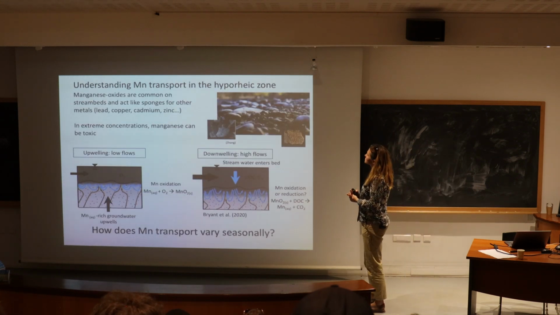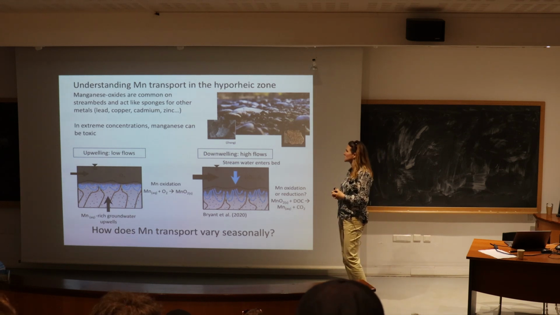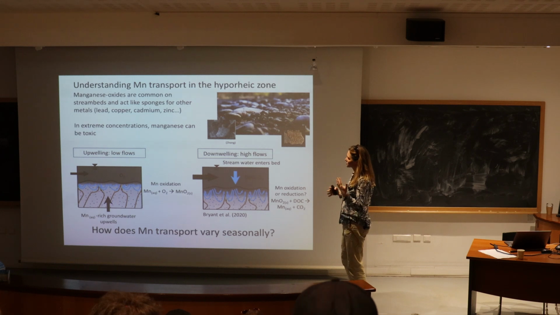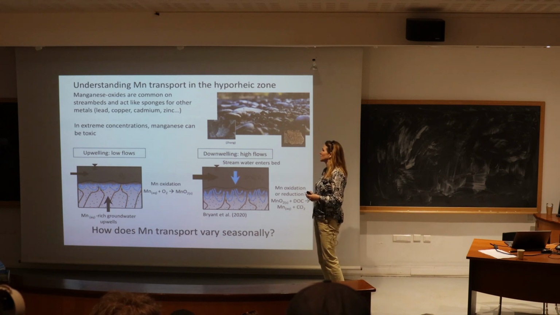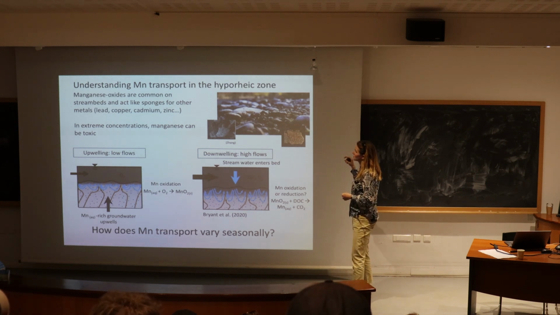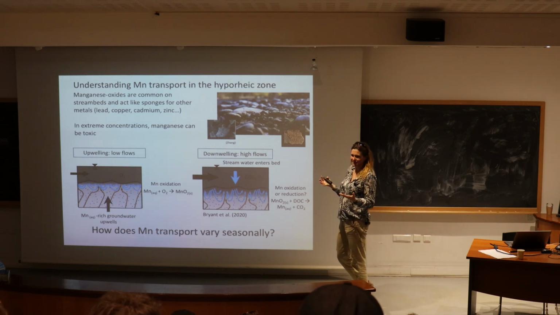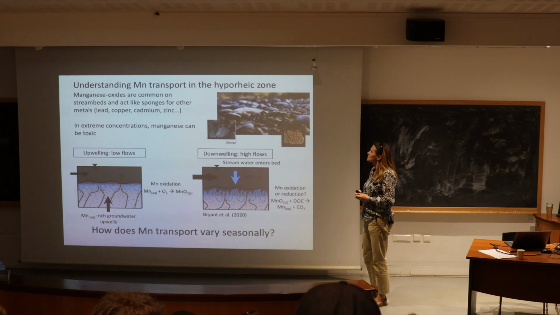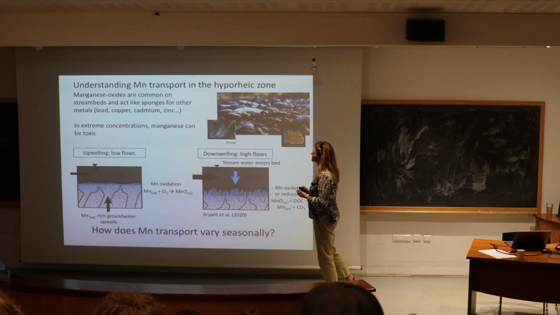And so we also wanted to understand how this affects reactive transport processes that we care about, these different changes in mixing within our field site. And one of the things that we noticed were big changes in the dissolved manganese concentrations over time at our site. We care about manganese oxide formation and the manganese cycle, because manganese oxides are like sponges that can be sites of absorption for other metals that affect things like health. And then in extreme concentrations, manganese can be toxic.